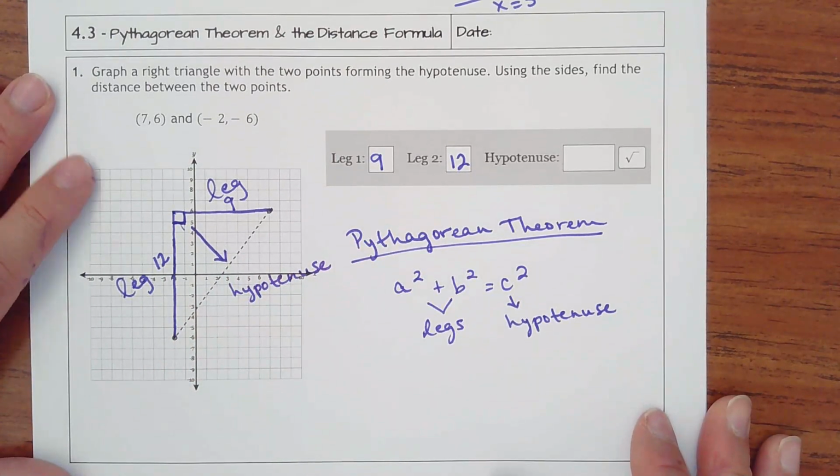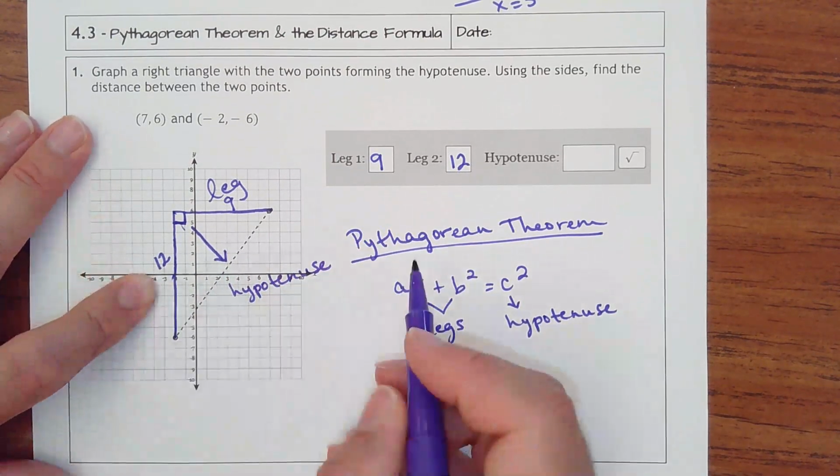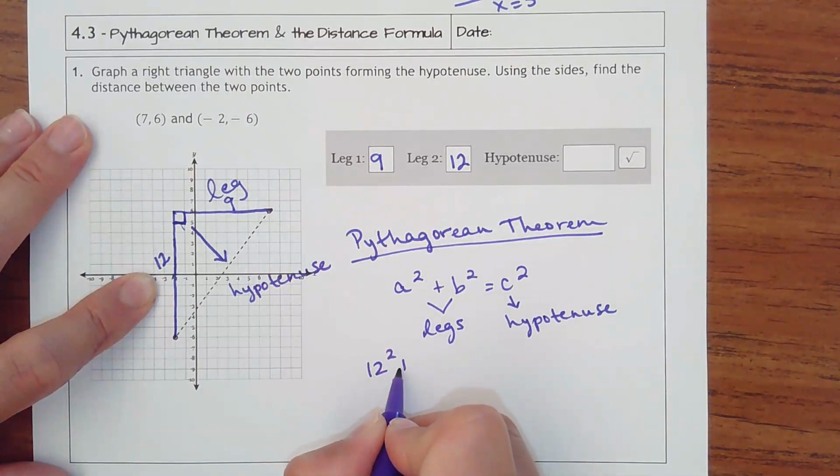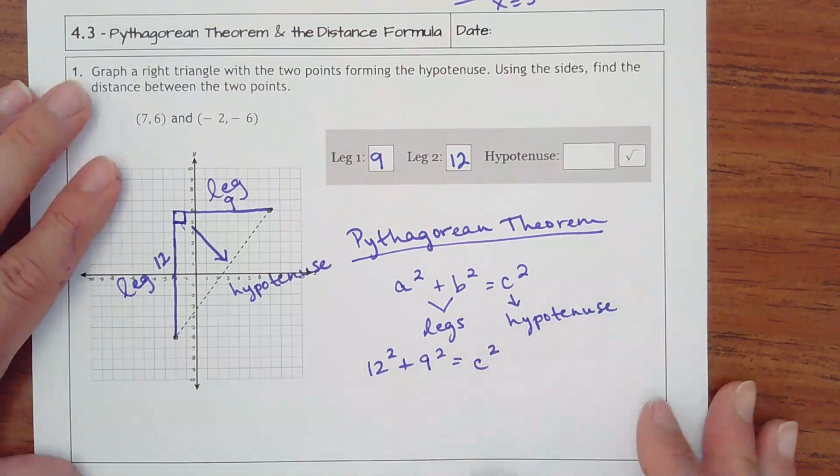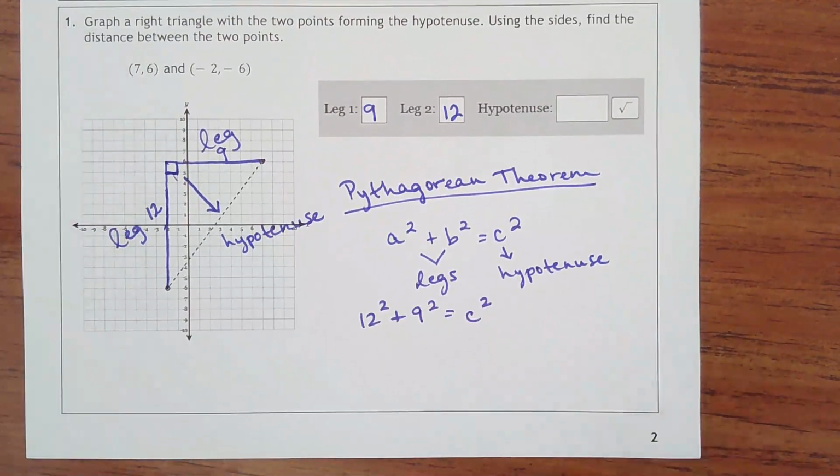So what I'm going to do is plug in my values for my legs. Again, doesn't matter the order. I'm going to do 12 squared plus 9 squared. That's going to equal my hypotenuse, c squared. On your calculator,